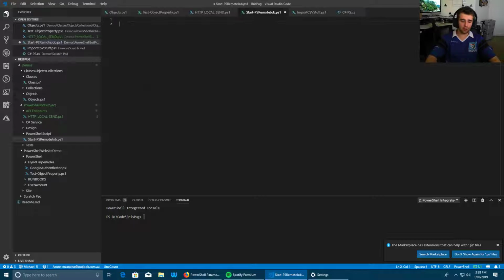So to create a function, you denote it with the function keyword. After that, you specify what the function is to be called. So this is the name of the function. In this instance, the name of the function will be Start-PSRemoteJob. I'm just going to write a quick syntax for you. It's going to be function, name of function,